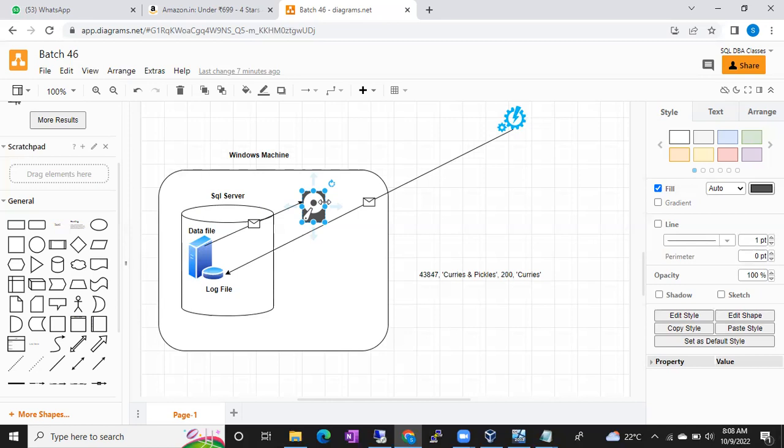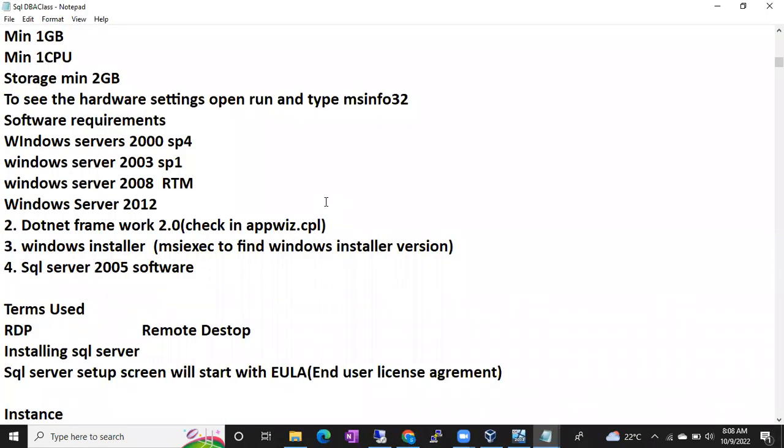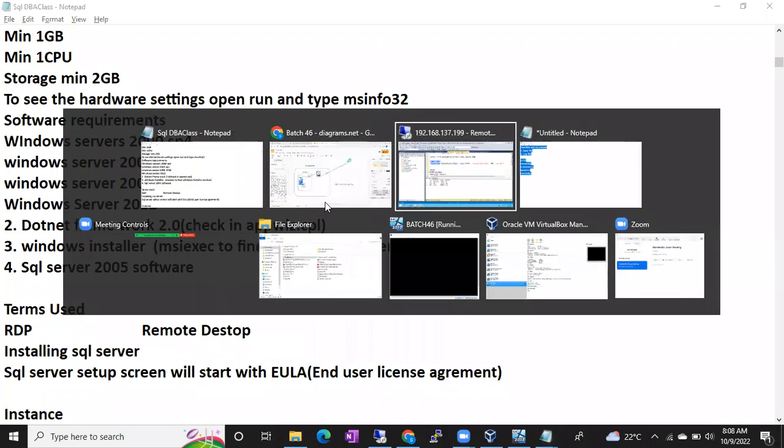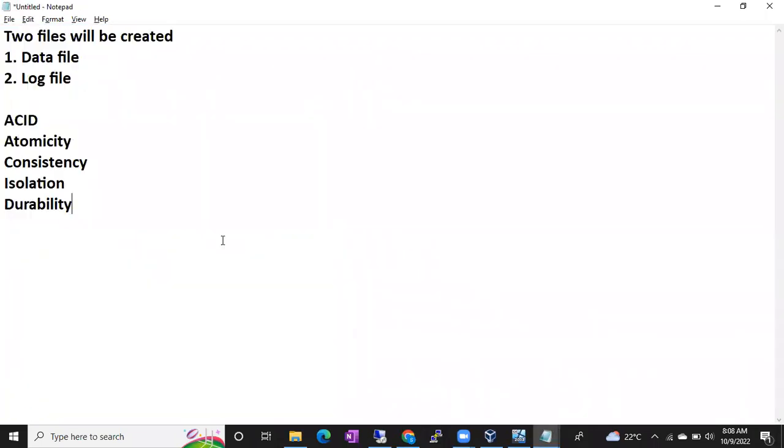Fine, right? So let's go inside the data file, guys. How will it be if you go inside the data file? Yesterday we discussed the physical hierarchy. Instances, and in the instance you will have databases. In the database you will have, can anyone tell me the physical hierarchy? In the databases we will have